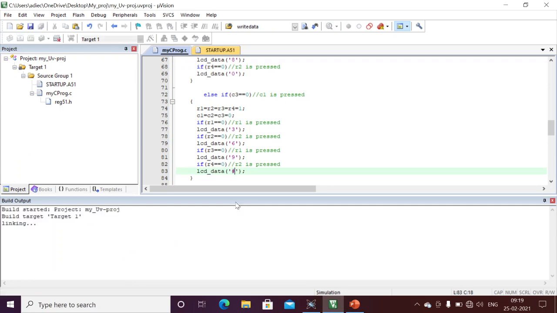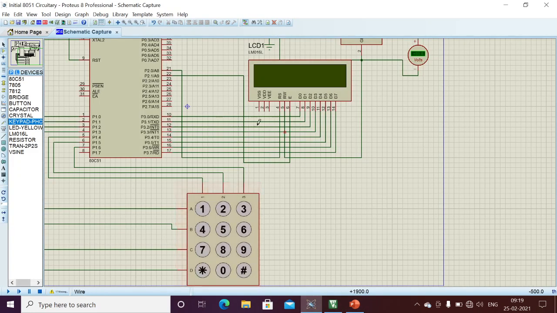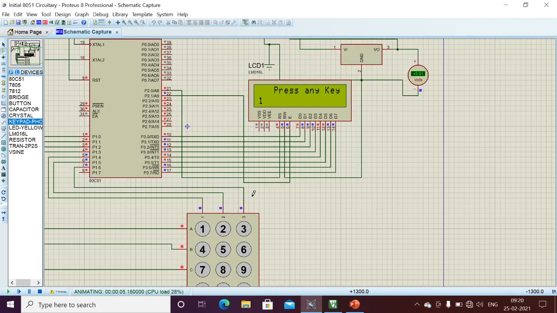Let's see whether we display all the digits onto the LCD in the second row. Here I am displaying welcome to my project. Next one, YT Training Institute. Press any key. Here I am going to display all the digits. I wrote the program for all the keys, so I am just pressing any key here. One is displayed, fine.